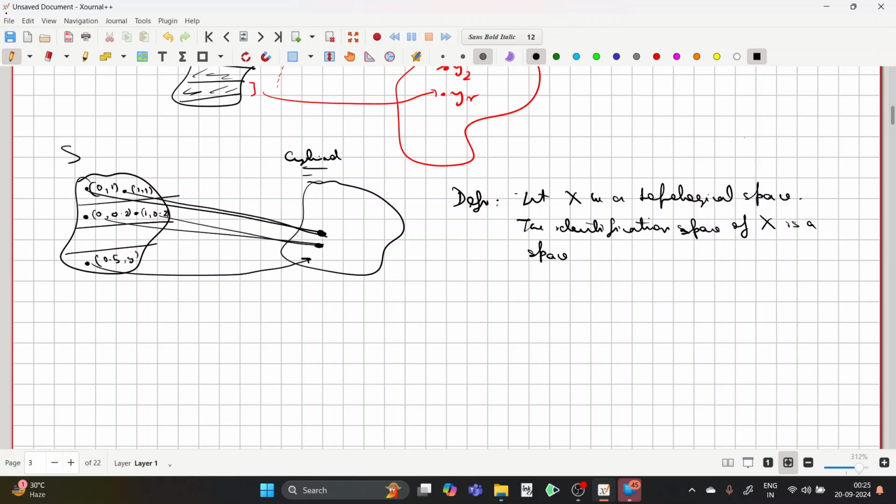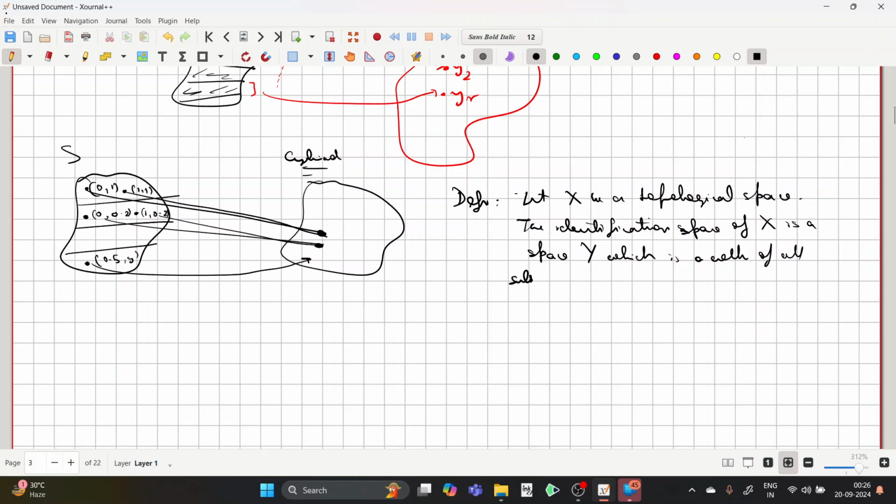In fact, we don't even require the concept of an equivalence relation to define an arbitrary identification space, because what we actually need is a partition, and we can simply define two points being in the same partition to be identified together, right? So the identification space of X is a space Y, which is a collection of all